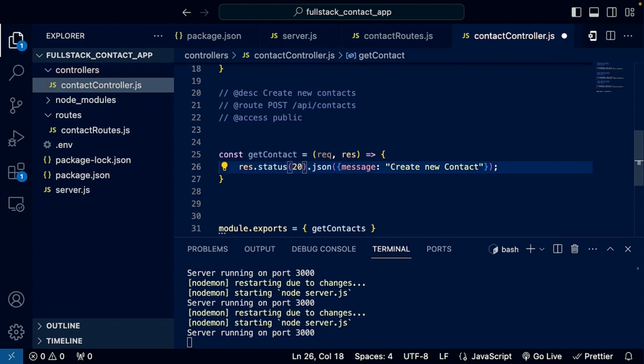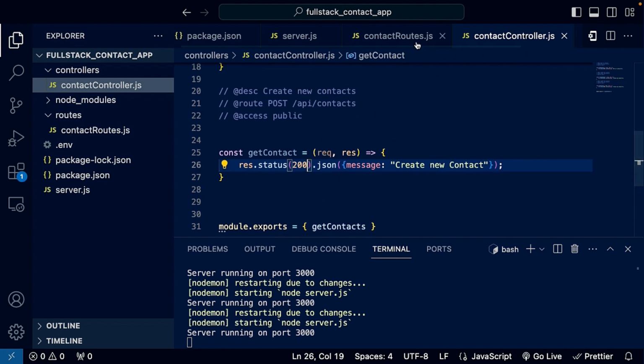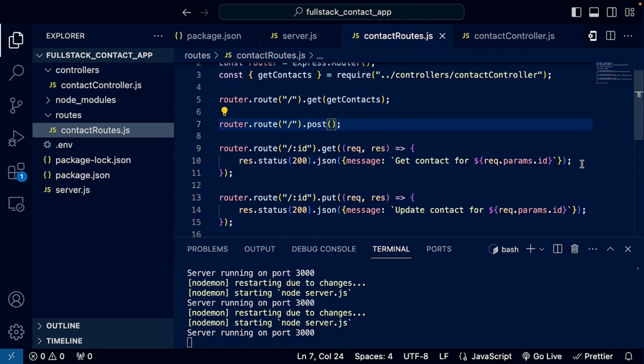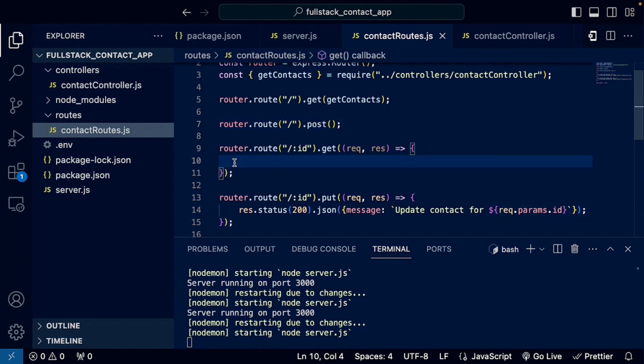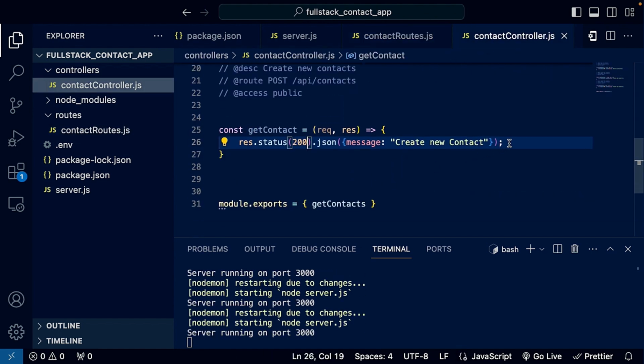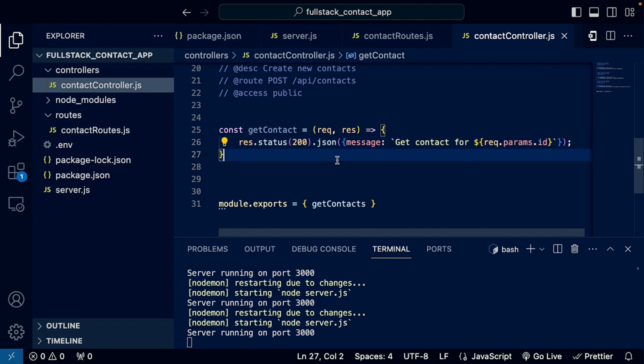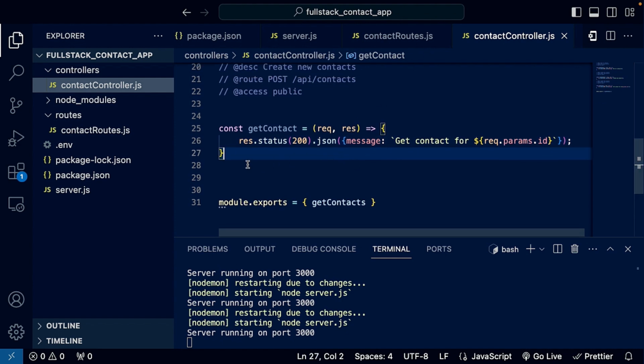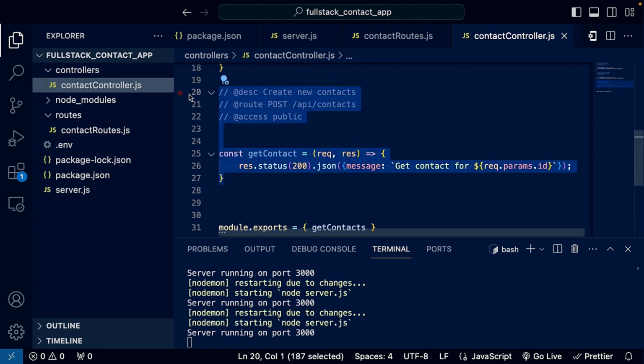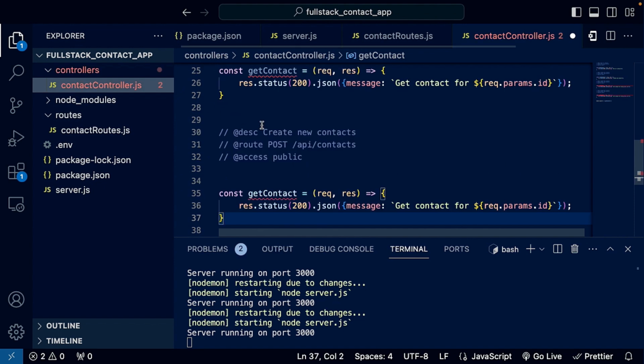This should be a status of 200, and you can also get this all from the contact route. So let's grab this one, cut this out, go back to the contact controller and paste it here. And same for the update. I'm going to copy this one and change that to updateContact,